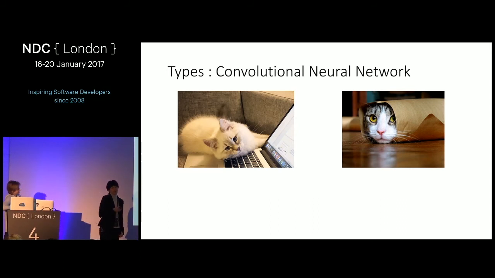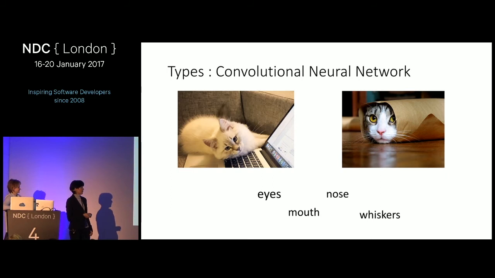What a convolutional network does is identify the features of an object, in our case cats, and find them on an image, no matter where in the image the features are. So if I look at these two pictures and think, what are the features of a cat? I would say it's eyes, nose, mouth, whiskers. I'm a human. I know what to look for. A convolutional net doesn't know what to look for. But having enough examples, it can actually learn what to look for, and we call it extracting the features. What it actually does is compare all the training examples of the pictures you give it, and by having about the same image patch at about the same location, it figures out that's probably a feature.